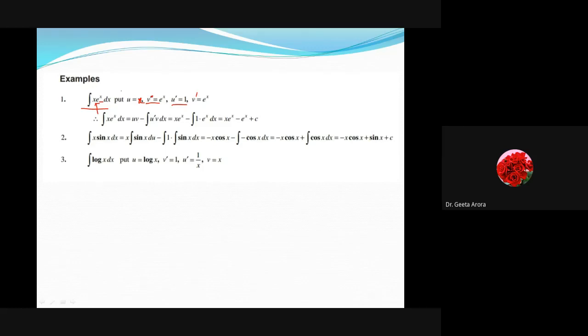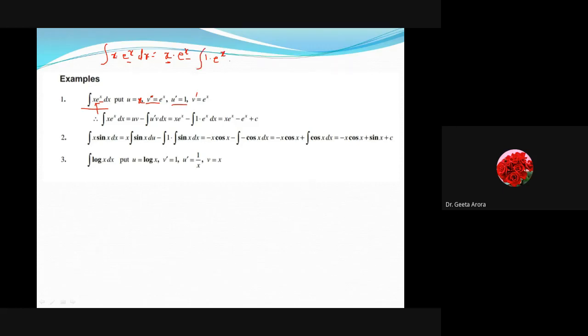So let's see how to apply the formula. Let us write down by ourselves. Here we have x into e^x, whose integral we have to obtain, and we are going to take it as first function into second function integral. So the integral of x into e^x is first function, x, into integration of second. Integration of e^x we know is e^x. First function into integration of second minus differentiation of first. Differentiation of first means derivative of x into integration of second, e^x, and their whole integration.